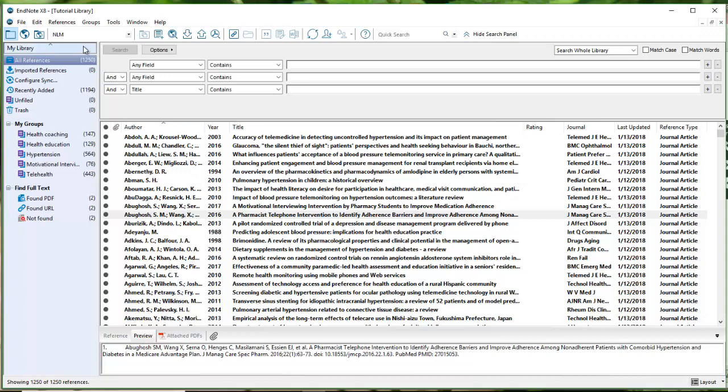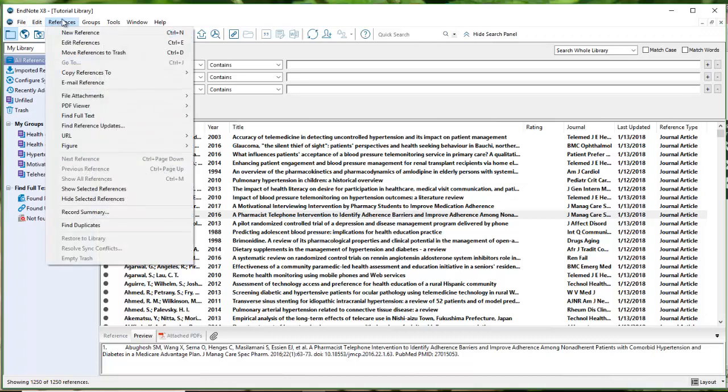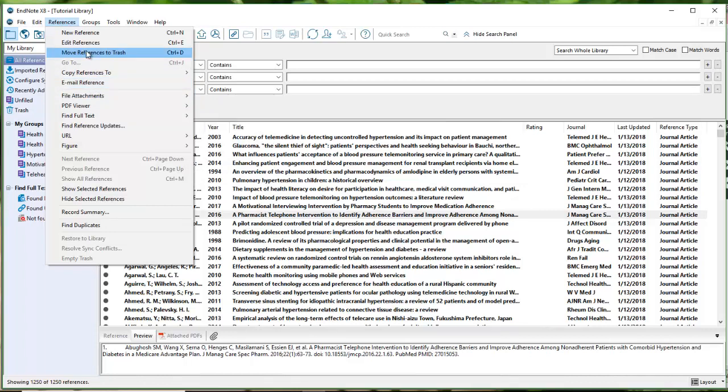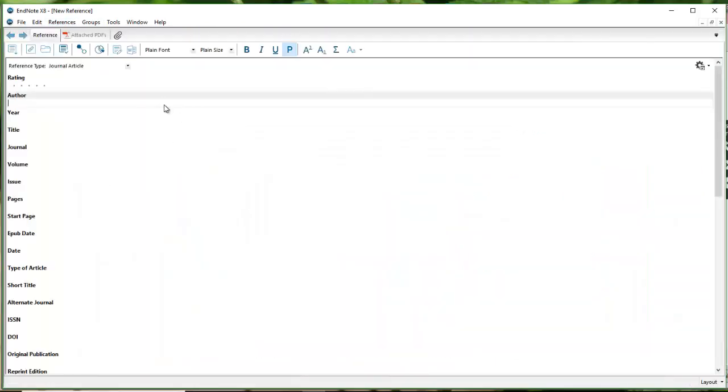And so the next thing I'd like to do is add a reference manually. So on our reference choice menu, we've already become familiar with find duplicates. You can email references to people. You can send them to different places, come into PDF viewer. So this is all pretty self-explanatory. But what I'd like to do is insert a new reference, and we'll come into a blank page. So when I'm working on hypertension and health coaching, one of the things that I will need is